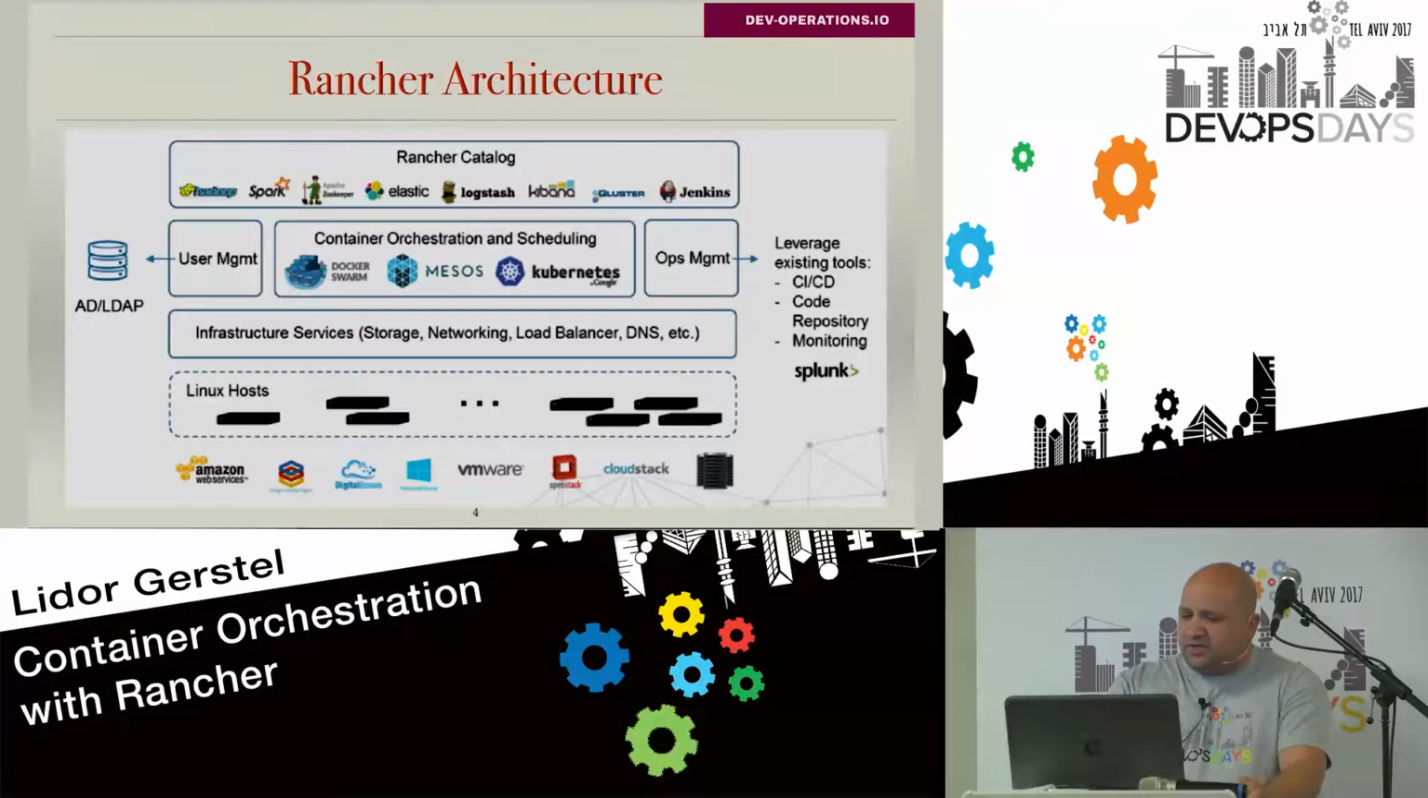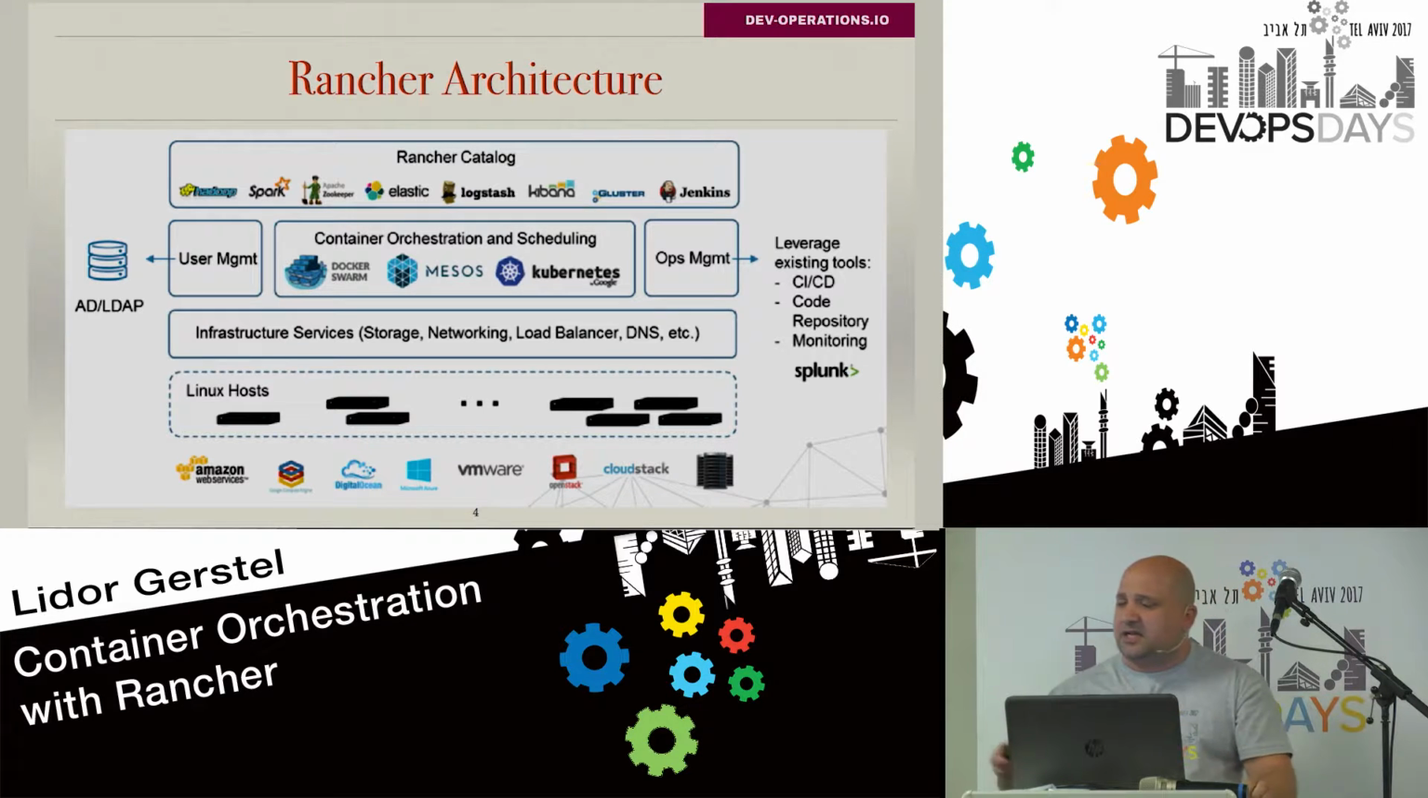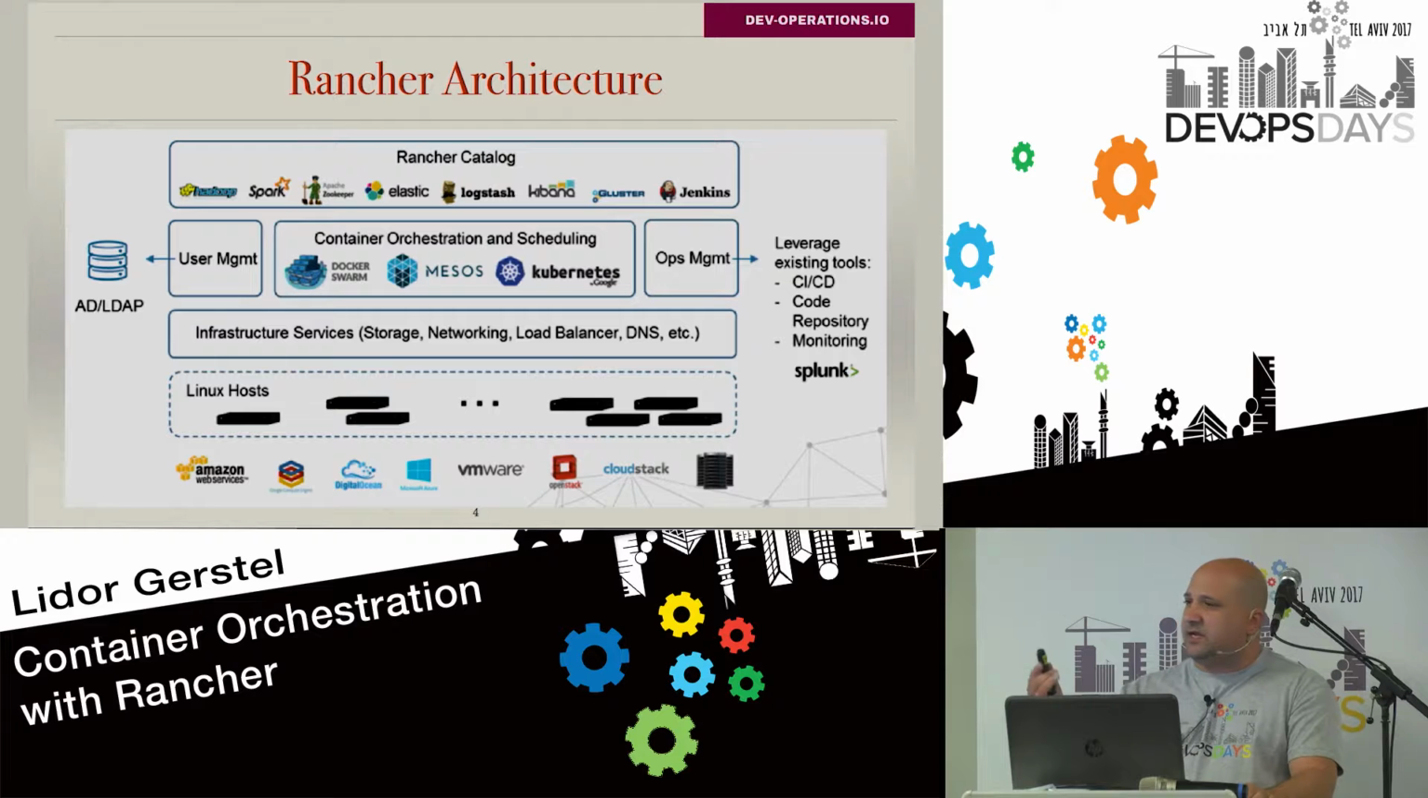Rancher architecture, okay, how it works. It can connect to your Active Directory in your organization, LDAP and whatever, for user management. It has ops management. It can extend itself to other tools, CI tools like Jenkins and Terraform and CloudFormation and Ansible, whatever, okay? It supports a lot of apps in its catalog that you can spin up and launch in one click,